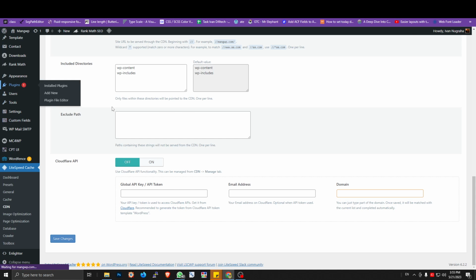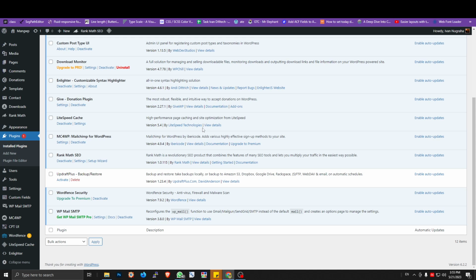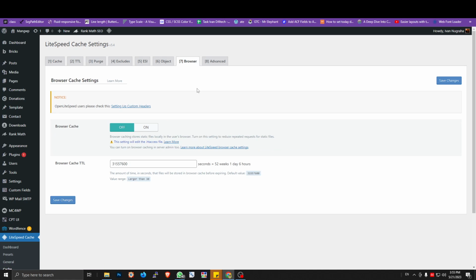I think that's the most popular plugin for setting the cache and optimizing WordPress if it's installed on the LiteSpeed server. You can see here there is actually a setting which we can control the browser cache, like here.